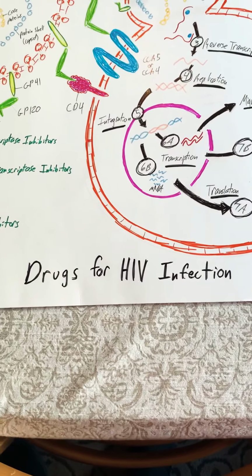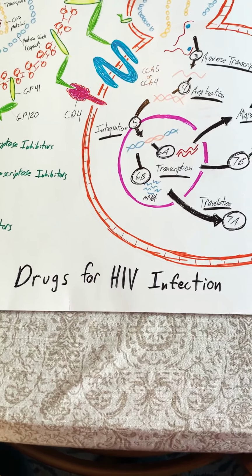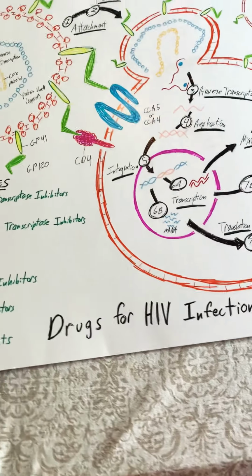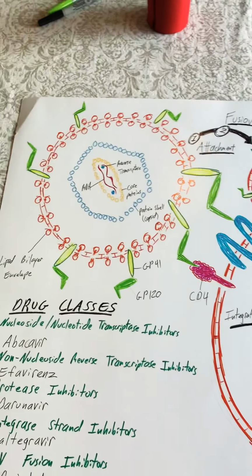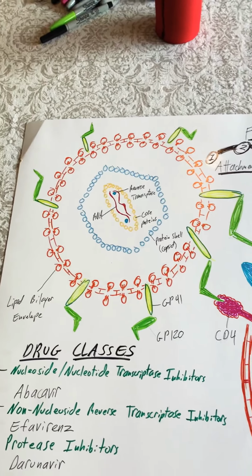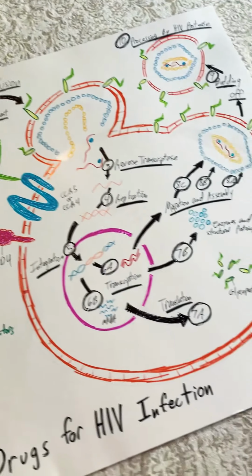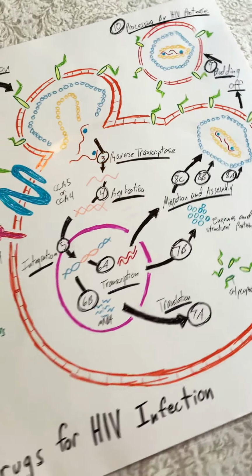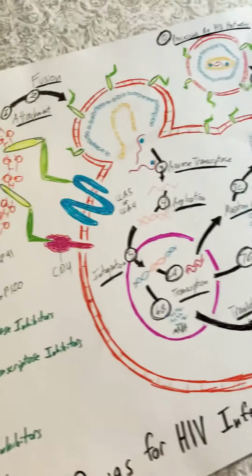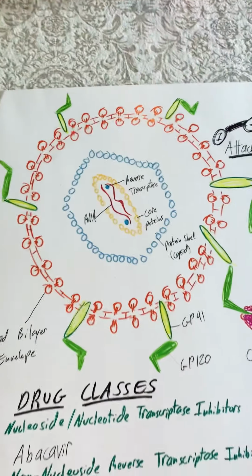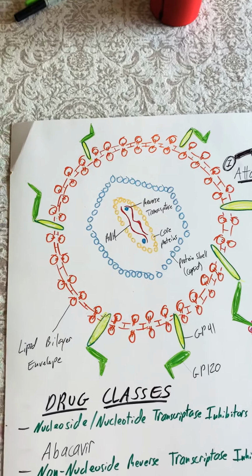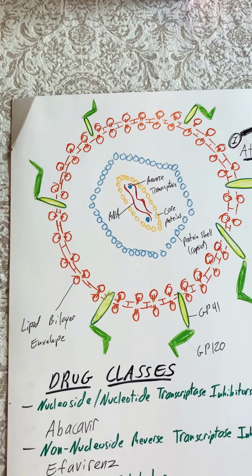All right, so we're briefly going to go over some drugs for HIV infection. We're going to look at the structure of HIV and the replication process. And then we'll go into the drug classes. So real quick, this is your basic HIV